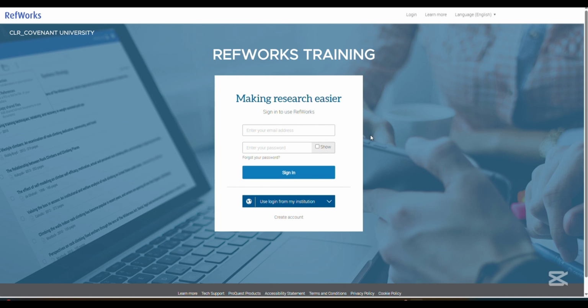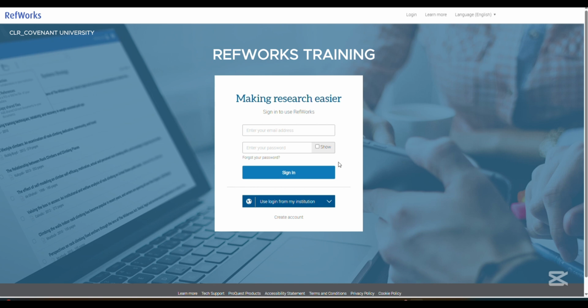RefWorks helps you to gather all of your resources that you get online and other resources that you already downloaded. I'm going to teach us how to use this tool to make research work a very easy process leading to